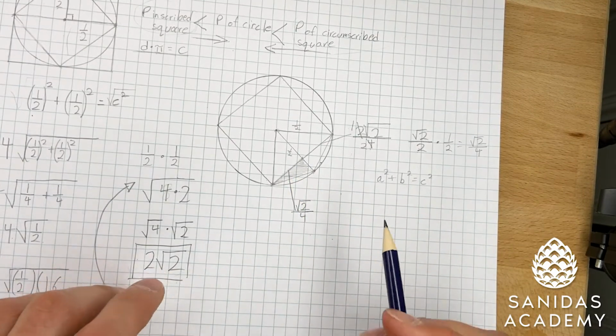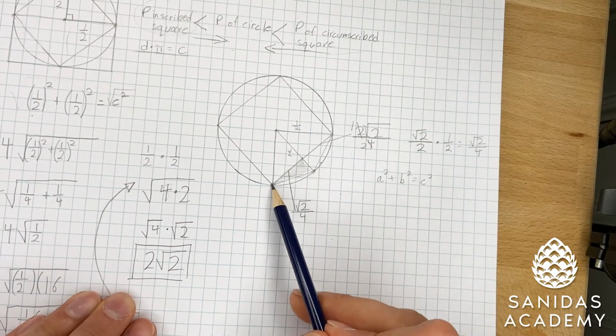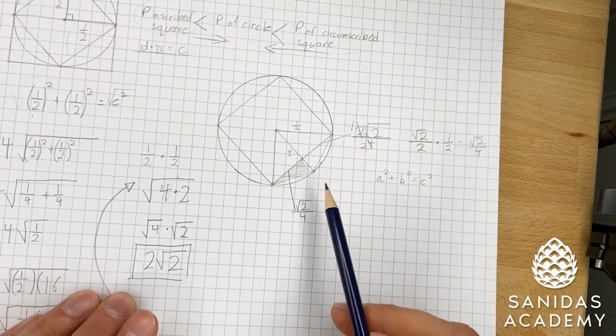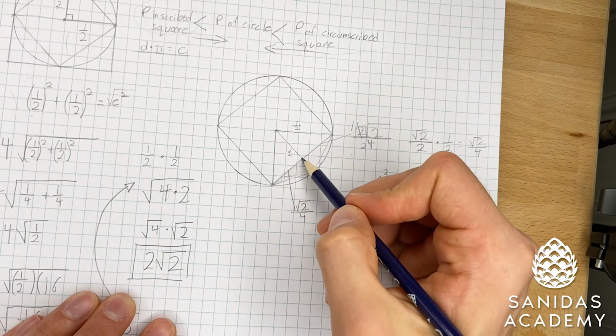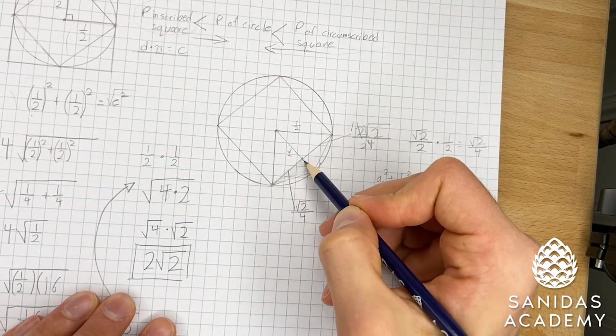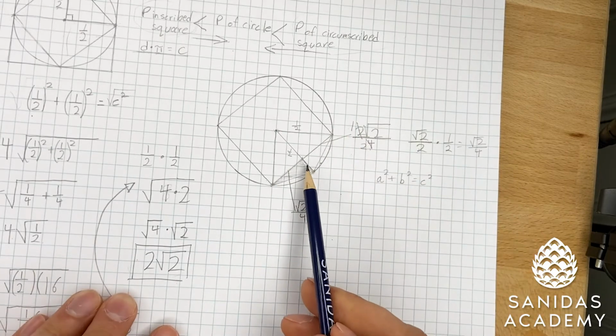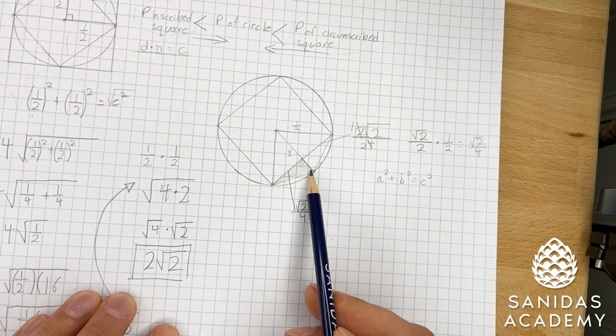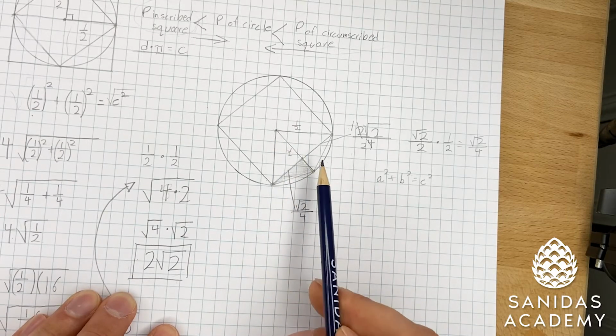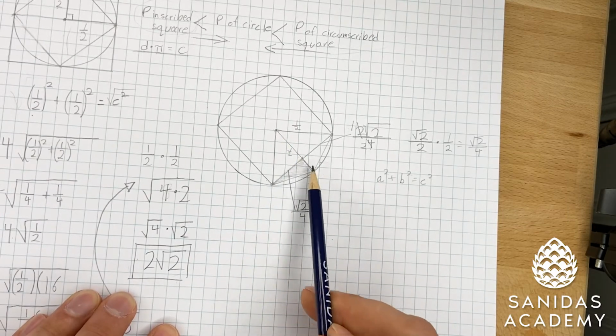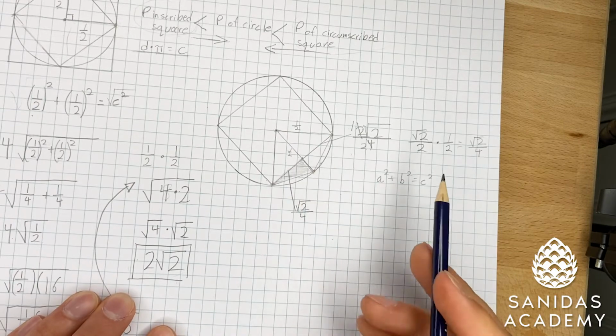Which other side do we know? We don't know the hypotenuse. If we did, we wouldn't need to do anything here. So we're looking for this line segment now. Now this is a little bit trickier here, this line segment. And this takes a little bit of thought. So what do we know about this line segment? We know that it's actually a part of this line segment, which is the radius of the circle. And we know that the radius of the circle is